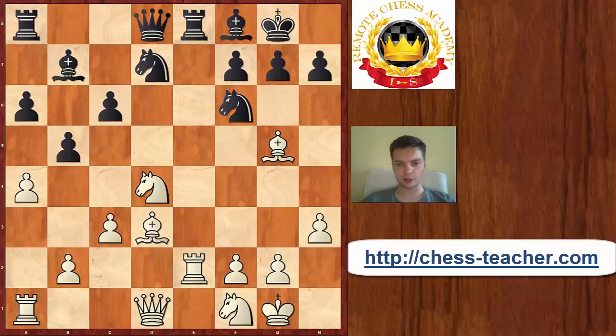But again, Vishy correctly assessed the situation. Since he has more space, his pieces are more active in white's position. In black's camp, the bishop on b7 is blockaded, blocked by the pawn on c6. So in such a case, in order to keep the initiative and take advantage of your space advantage,